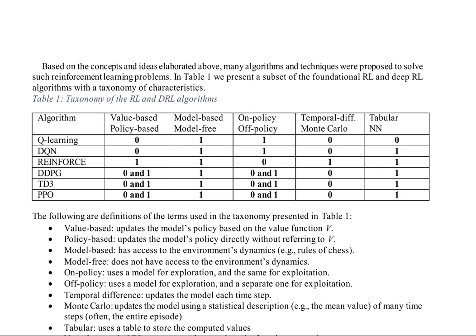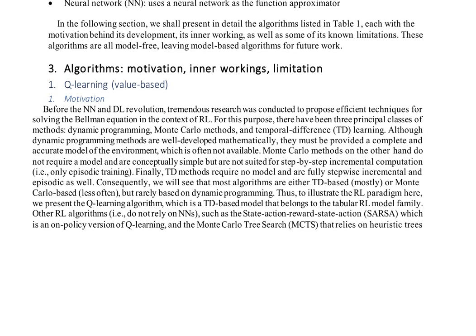Temporal difference algorithms, such as Q-learning, update the model at each time step. Monte Carlo algorithms, on the other hand, update the model using statistical descriptions of many time steps. Tabular algorithms, like Q-learning, store computed values in tables, and neural network algorithms use neural networks as function approximators. Q-learning, a value-based and temporal difference algorithm, is a representative example of the RL paradigm. It belongs to the tabular RL model family and was developed to solve the Bellman equation in the context of